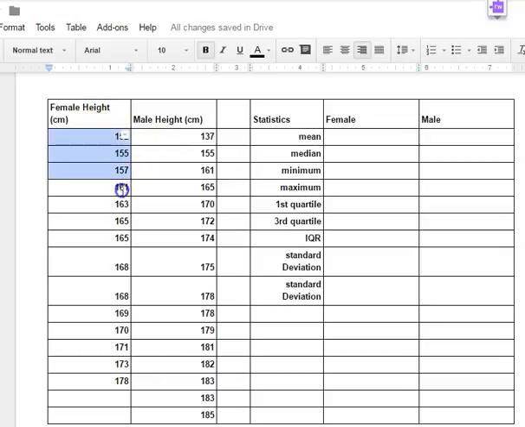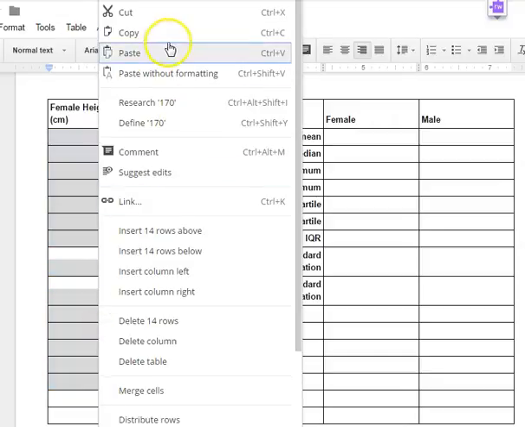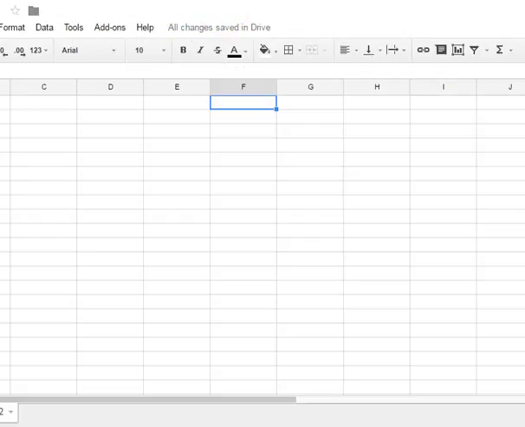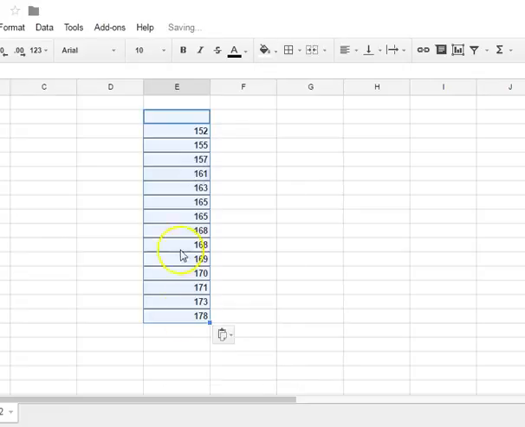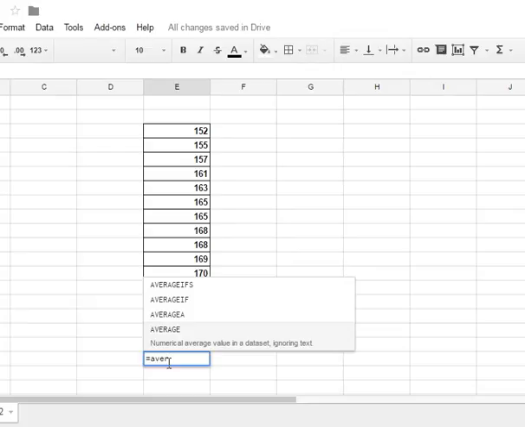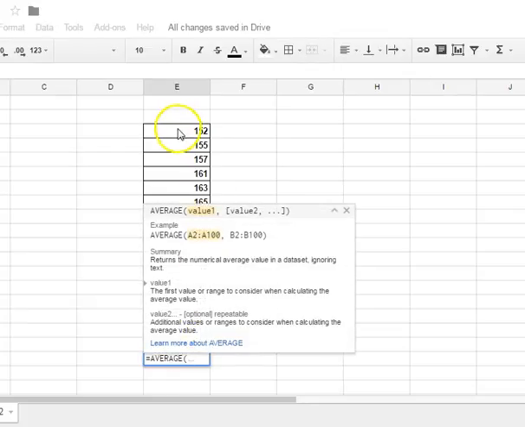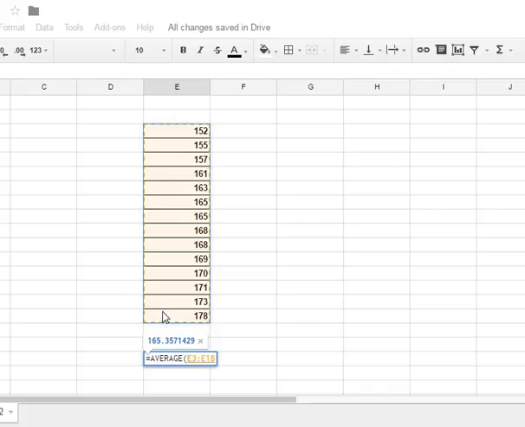What I would recommend doing is plugging these numbers into your calculator so you can get that average, or if you want to use a shortcut, copy and then just go to a sheet and paste that in there. Since you guys are getting a lot of experience using Google Sheets, paste that in here and then go through and get your average value. You can do that by typing in equals average, and it will give you the average of the cells that you are telling it to average. So there's my mean value,